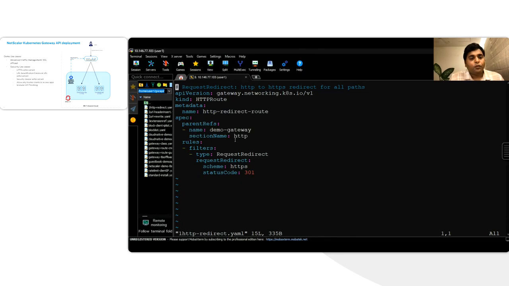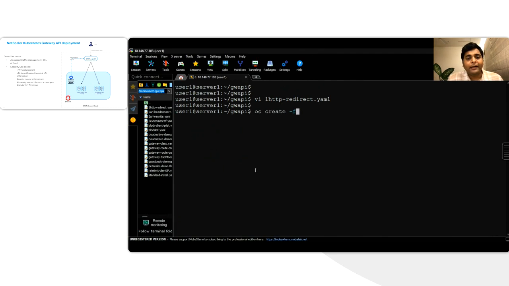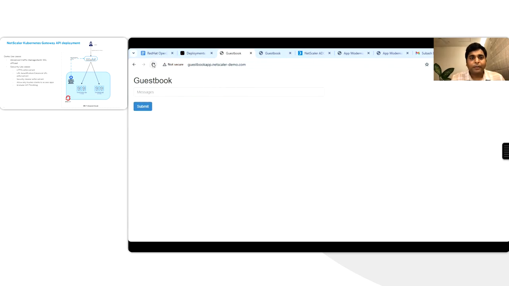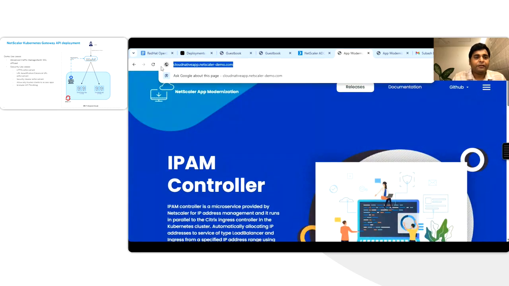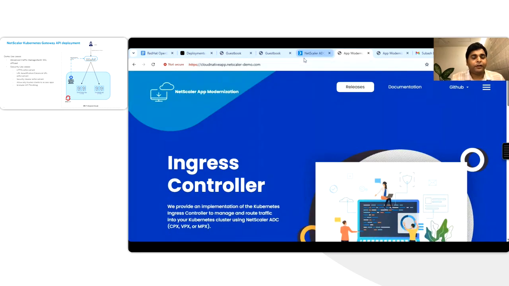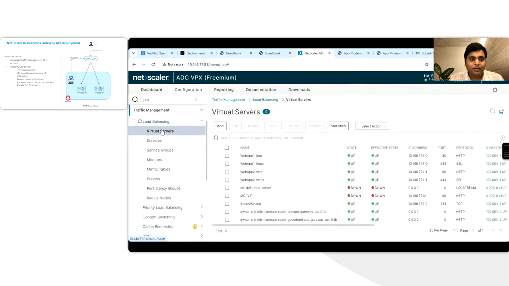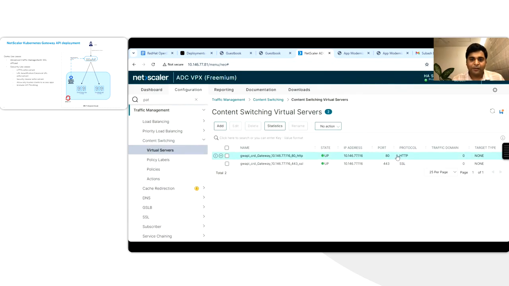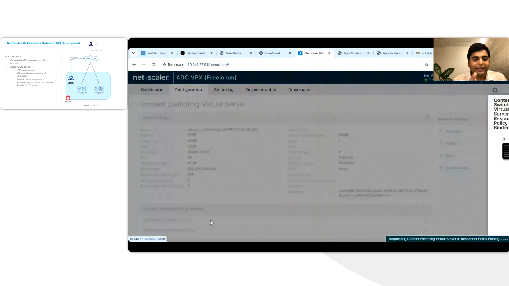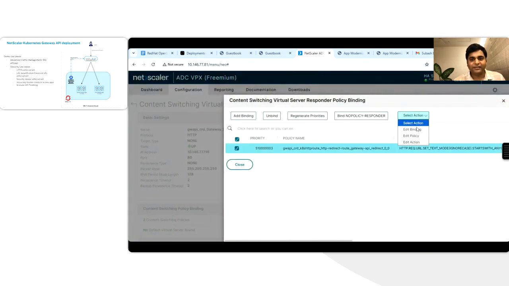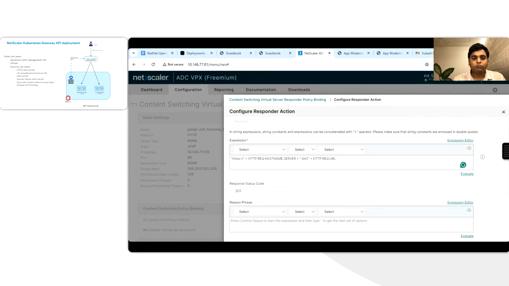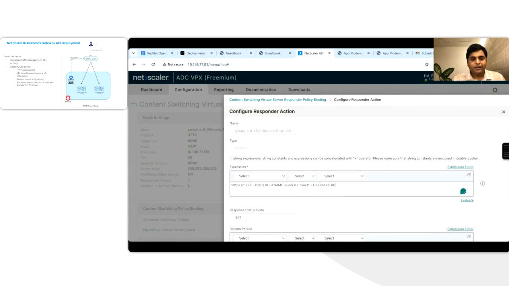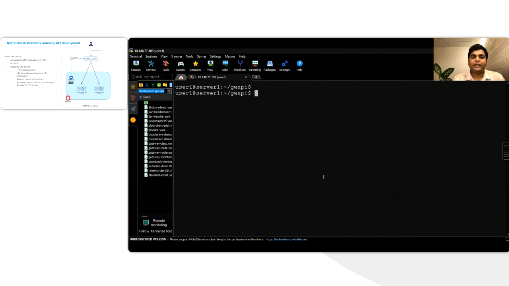Now, once we have all this successfully created, go ahead and do the deployment. You would see that something has happened in the background. What has really happened? You could see HTTP is now getting converted to HTTPS. On NetScaler, let's see what changes happened. On the content switching vServer for the HTTP vServer, you would see that there is one request policy. This policy says you have to do the 301 redirect, and it will be redirected to HTTPS. So that was the first use case.